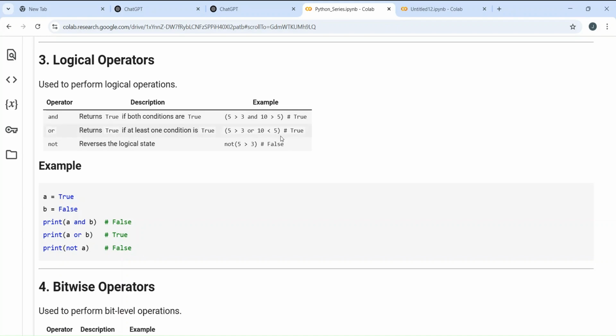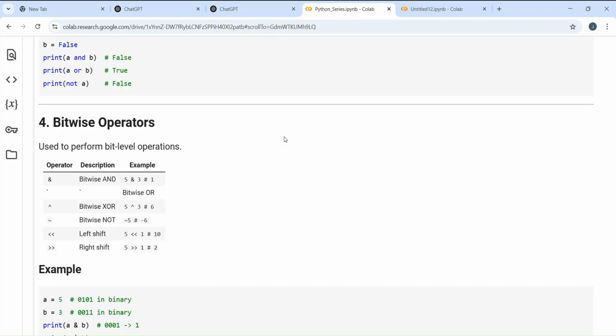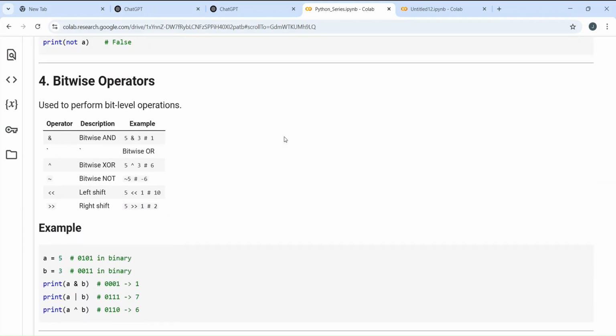Okay, next come the most important operators. You will be asked about these in interviews for sure. And mostly, if you have attended any interviews, you would be asked about the left shift and the right shift operators here in the bitwise operators. Okay, so for these two, at least one question will be asked either in your first round or in your last round, that is for sure.